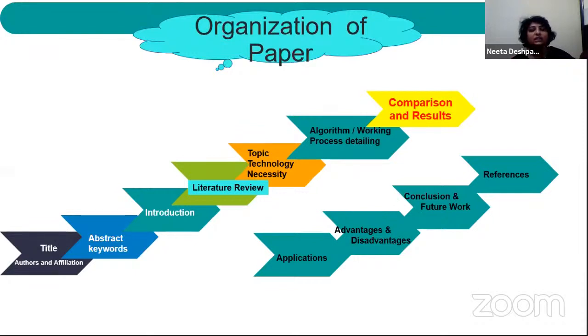Then you'll be giving the comparison. Comparison and results are very important, because when you give the comparison, you are saying that you have done this much literature survey. A, B and C papers are already working on this. What things are available in A, in B, in C, and what things are not available in A, B and C. That is what my paper is showing. My paper is giving those results. So comparison with the existing papers is very, very important.